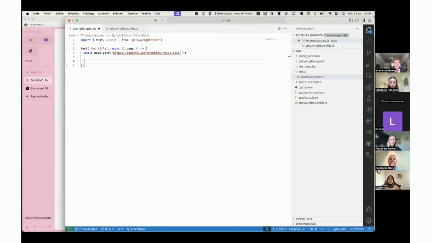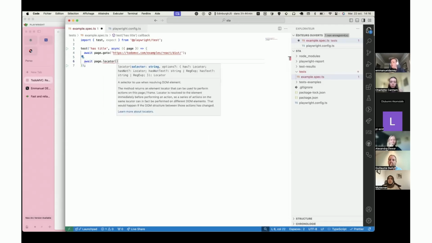We have an API that we can use to manipulate the page. What kind of stuff can we do with the page? We can get some elements. We can get some information about an element, but we can also do actions. We can type into a form input. We can click on a button. We can do anything we can do as a human. So let's say we want to test that our to-do list is working properly. For example, we can